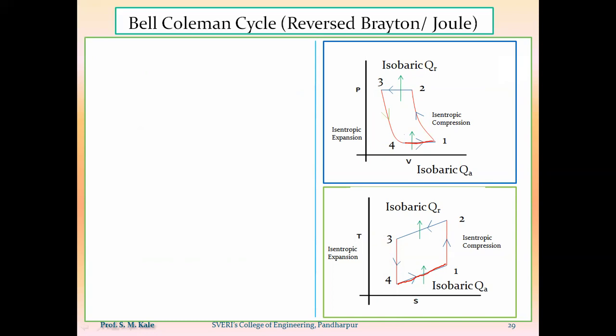So out of that, work done we have calculated. Now if I want to calculate the value of QA, that is nothing but the amount of heat absorption. Heat is being absorbed during the process 4 to 1, and to calculate the heat absorption, I need to see the TS diagram. So how shall I calculate the value of QA? QA will be calculated by using the formula Cp into delta T, because I am calculating per kg of air. That's why not mCp delta T, only Cp into delta T. As temperature is not remaining constant, I have to use this equation. So QA is equal to Cp into delta T, where delta T is nothing but T1 minus T4.